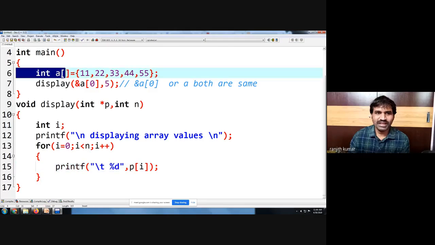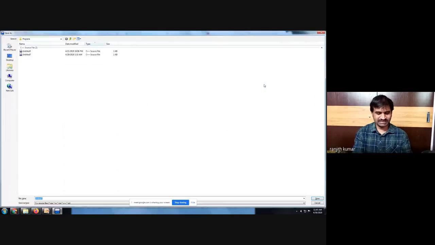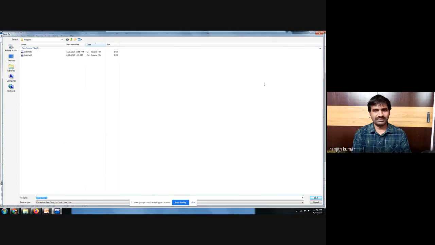So in the main function, the array is accessed using A, whereas in the display function, the array is accessed using P, because the starting address of A is stored in P. Now let us compile this program, array pointers dot c.